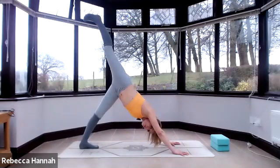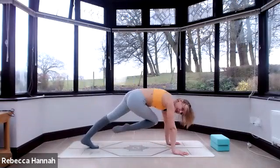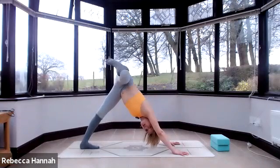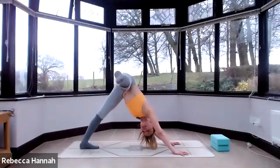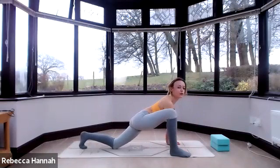So one more time, hips are square, open the hip, bend the right knee, take the right knee towards the left armpit, slide it up, and then shoot the right leg back, scorpion dog. Bring the right knee forward. This time we're going to pulse up and down for 10, 9, 8, 7, 6, 5, 4, 3, 2, and 1. I'm then going to step my right foot to the outer edge of my right hand, coming into a